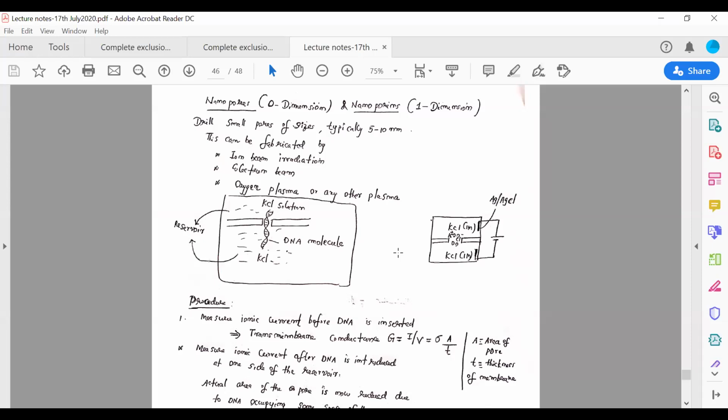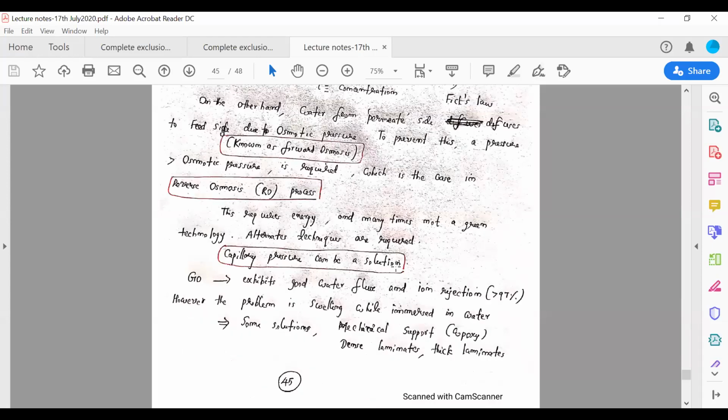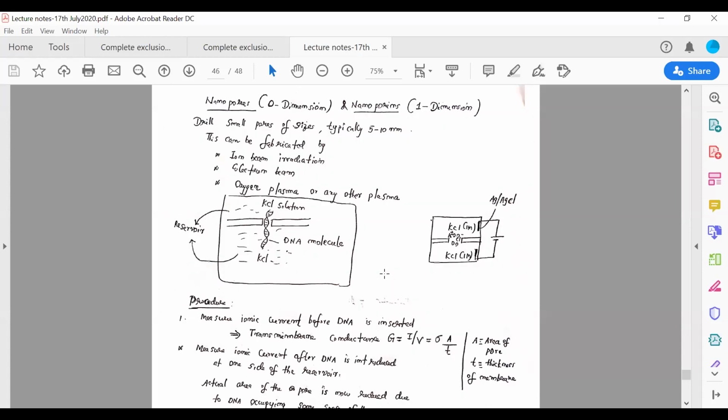Okay, so I am almost done with the laminates, the 2D channels. I think I fairly gave you an idea of what kind of interactions we want, what the issues are, and what exciting physics or exciting technology you can bring in. So let's see now the zero-dimensional nanopores.